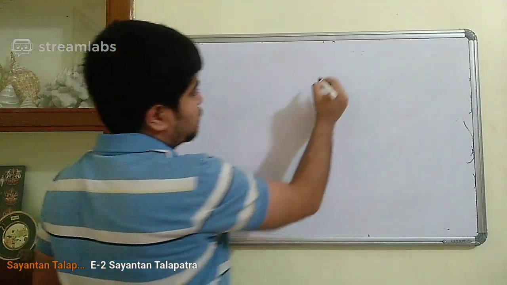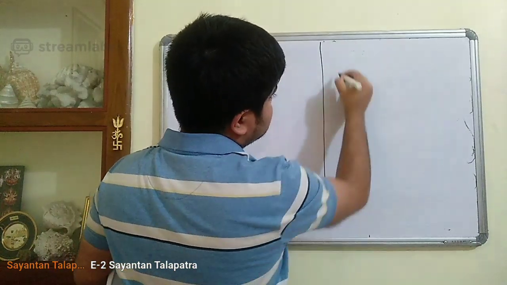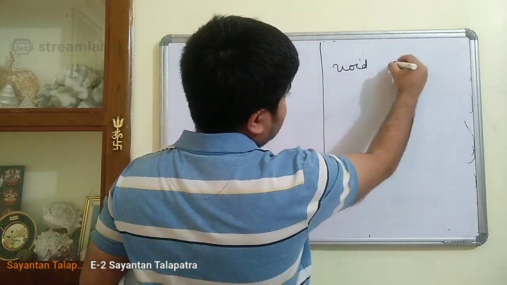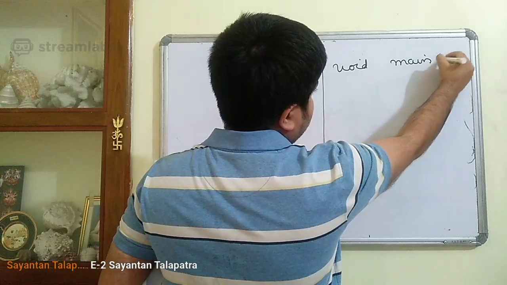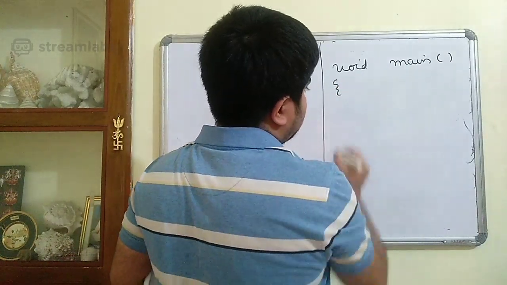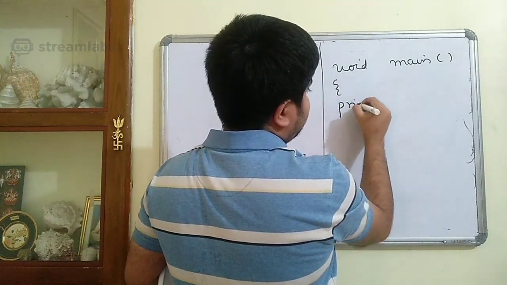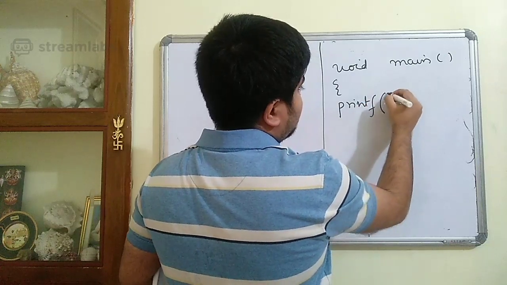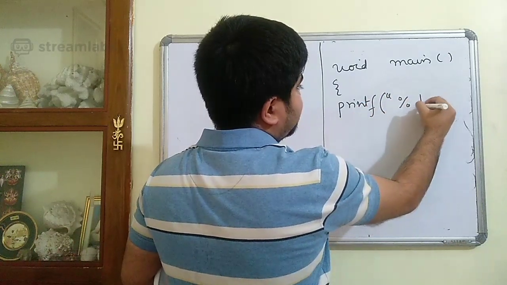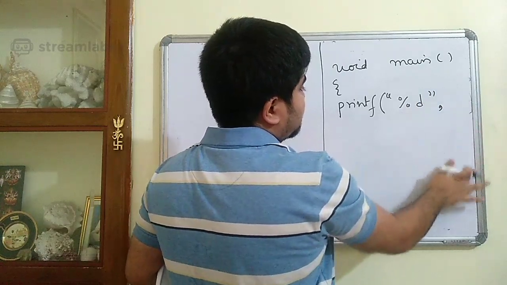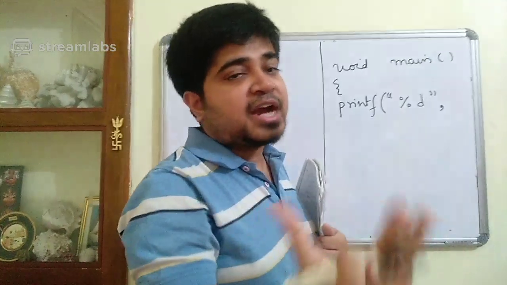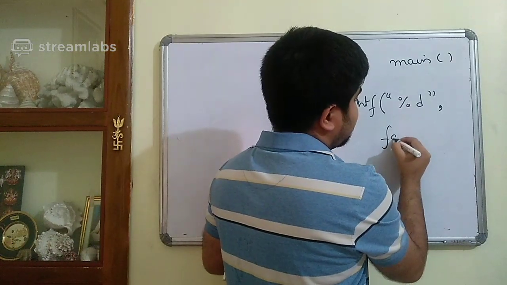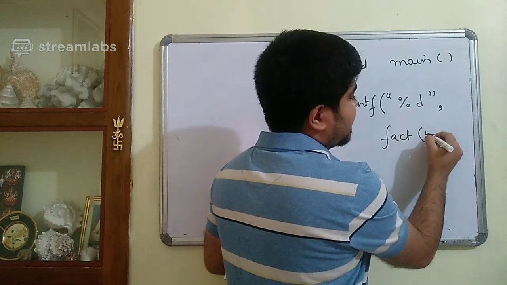Let's do it for factorial. So we have, say suppose, void main, and within void main your printf and you are calling mod d, what you are calling? You are calling factorial or fact of 5,